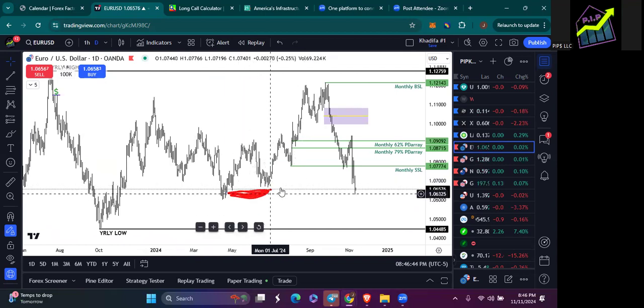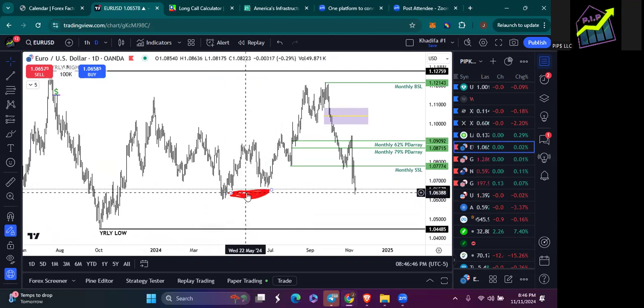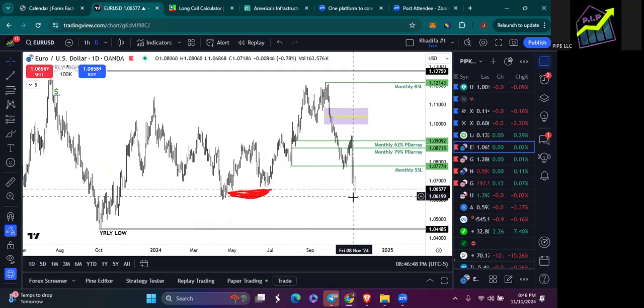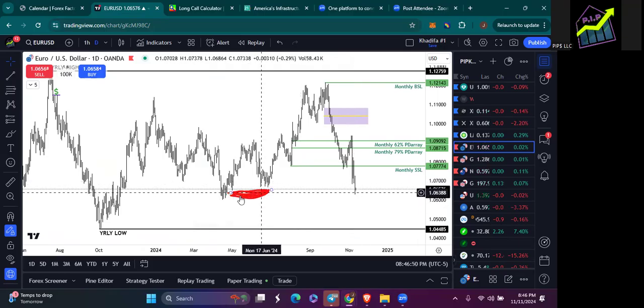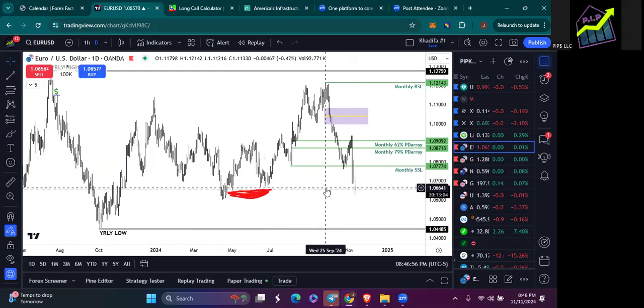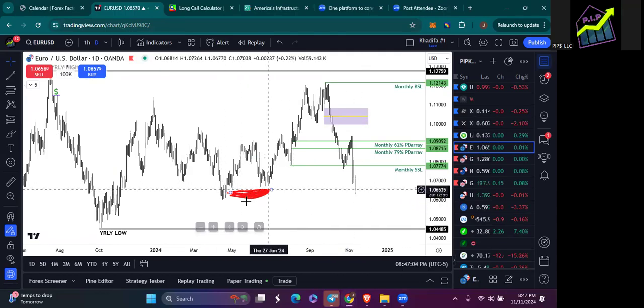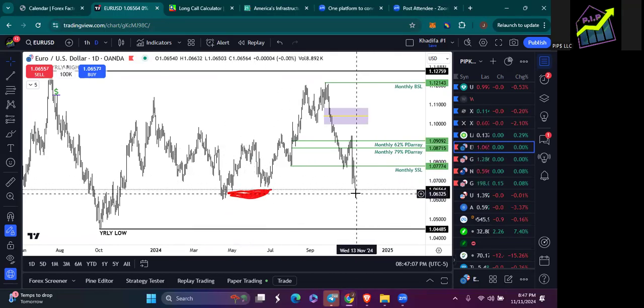Now, depending on how price reacts to this level, whether we respect it or completely disrespect that level and slice through it like a Jinsu knife, will determine my next buy-in for Euro USD. But being that we're inside of the level that I was targeting, my analysis has played out for this move.